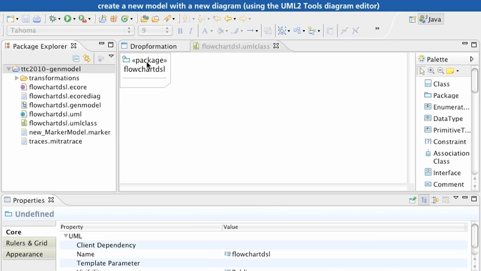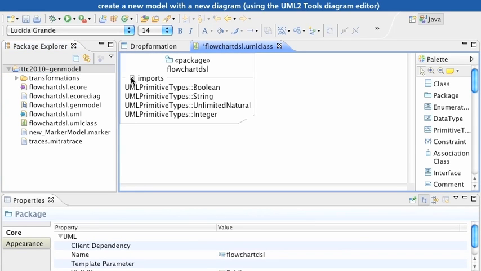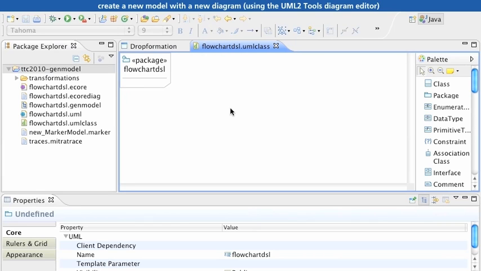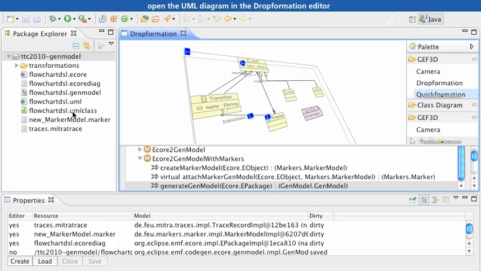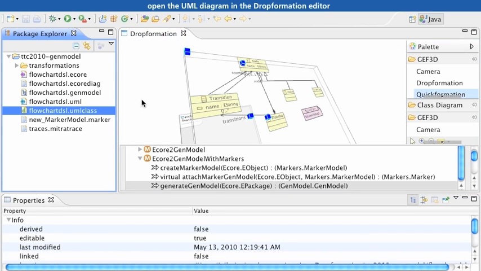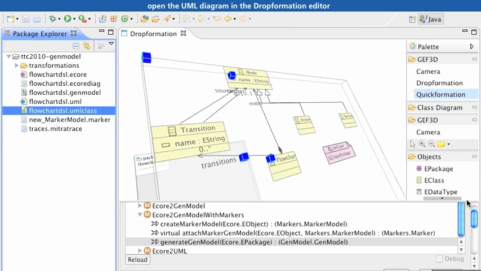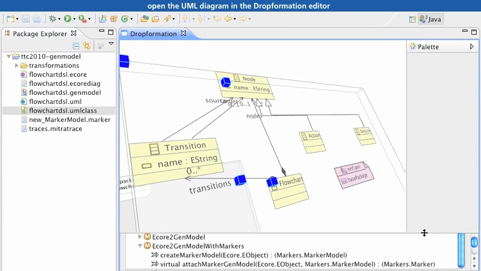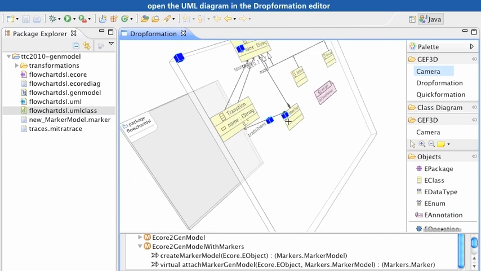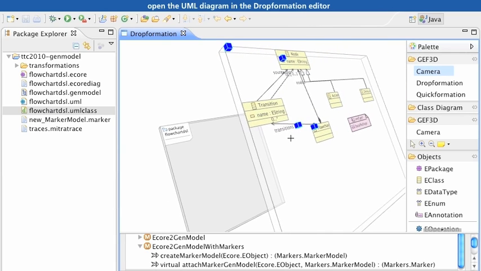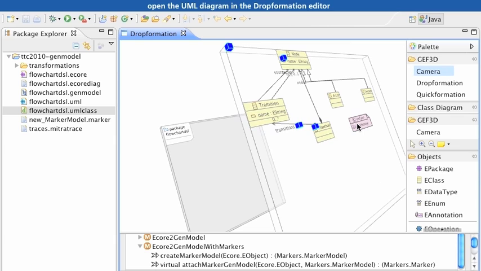Yes, we have a class diagram. It's empty right now. The editor here is the UML2 tools editor from Eclipse. And just as we did before with the Ecore diagram, we open the UML class diagram with the drop formation editor simply by drag and drop of the diagram into the drop formation view. Actually, the UML diagram is also fully editable. We do not demonstrate that here, but we use a so-called drop formation, and this is why we use 3D